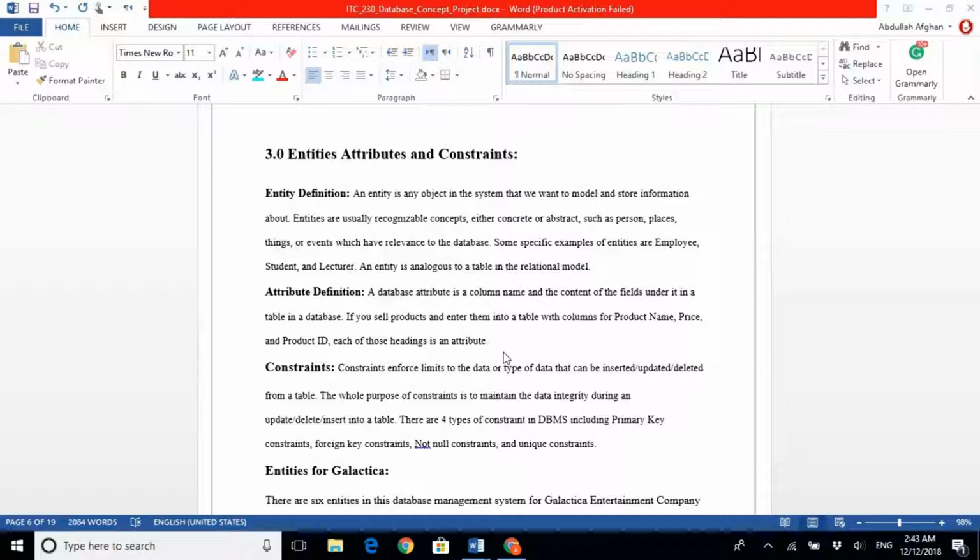So now let's define the constraint. Constraints enforce limits on the data or type of data that can be inserted, updated, or deleted from a table. The whole purpose of constraints is to maintain data integrity during an update, delete, or insert into a table. There are 4 types of constraints in DBMS, including primary key constraint, foreign key constraint, not null constraint, and unique constraint. So now